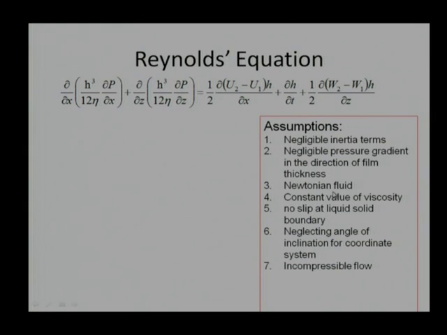Then Newtonian fluid, we took as an example of Newtonian fluid, we use the shear stress relation, then constant viscosity value, no slip, neglecting the angle of inclination for a coordinate system, and incompressible flow. However, when we say that there is a constant value of viscosity, in this equation this viscosity term is still in a differential form. As these terms are constant, it can be taken out easily without differentiation, and this equation can be rearranged,